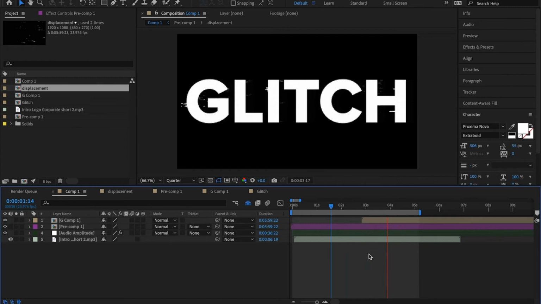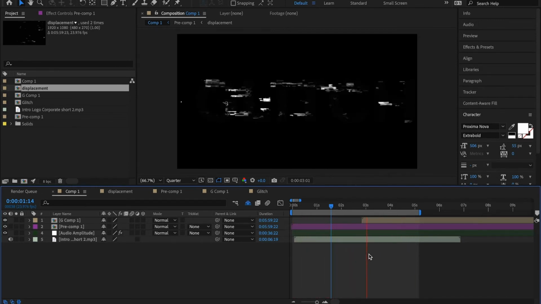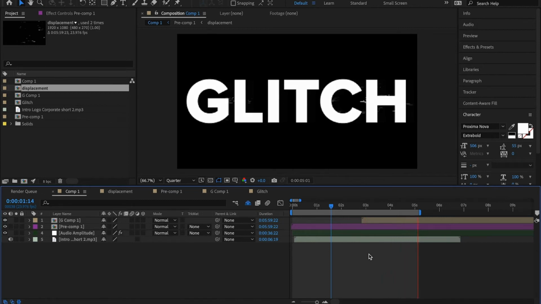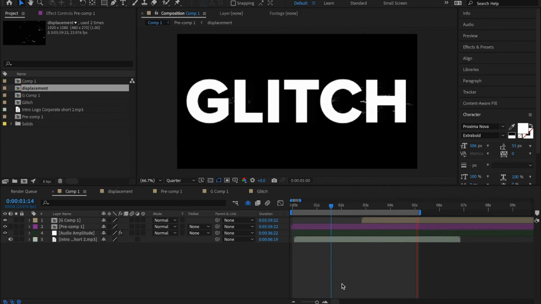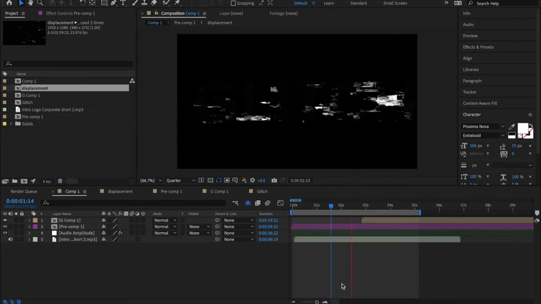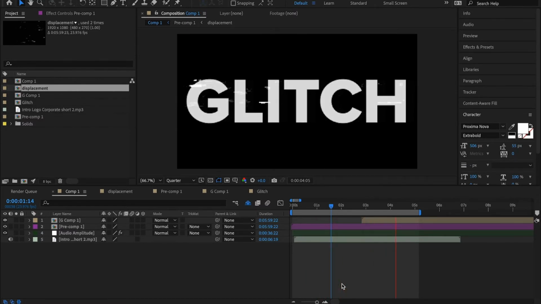In this tutorial, I'm gonna show you how to make glitchy effects driven by a soundtrack without keyframes, instead using some expressions, which are my favorite tools in After Effects. Expression is not as scary as it looks, and once you understand it, it can save you a lot of